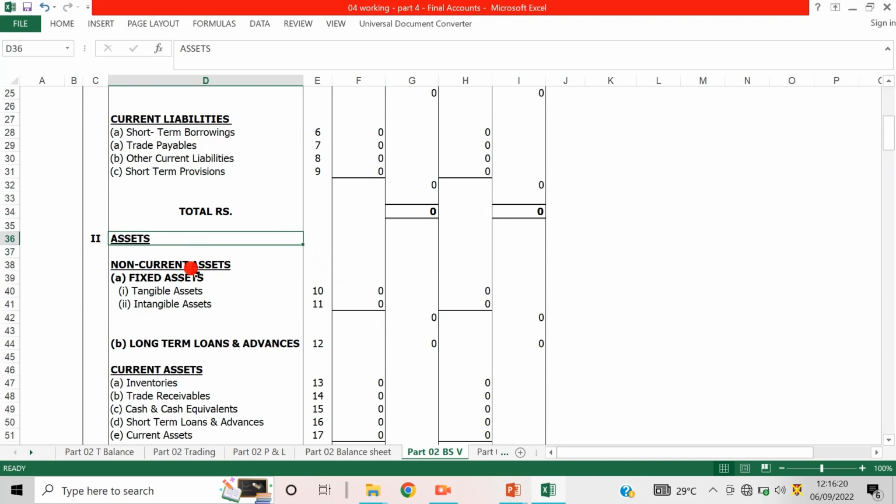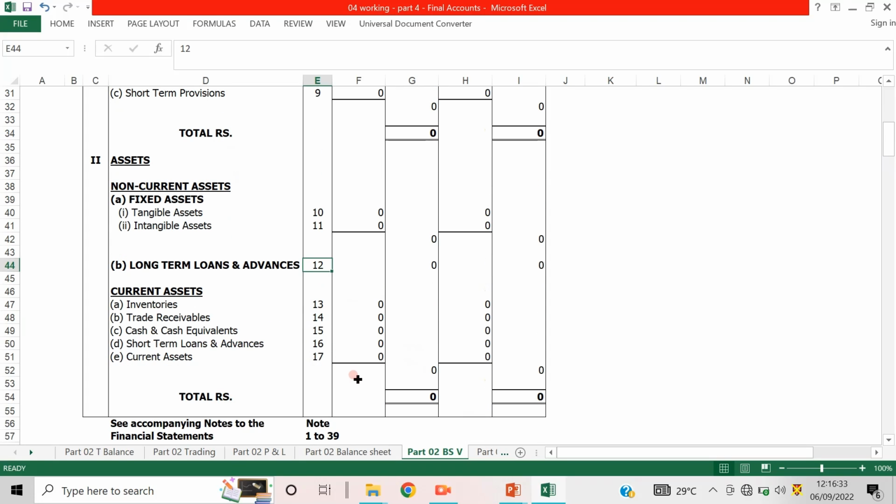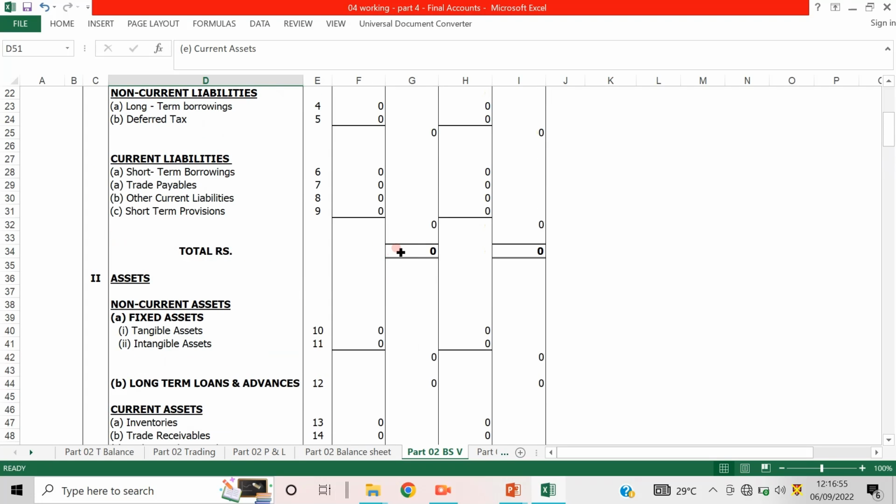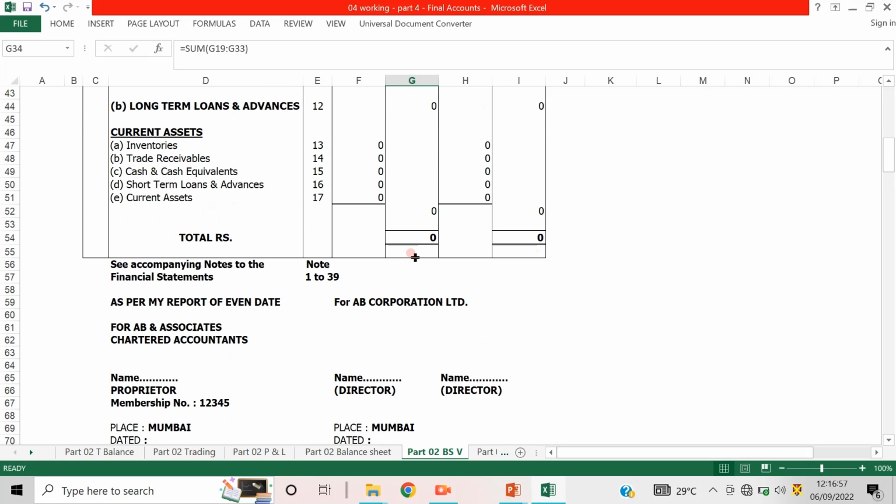नाउ दिस टोटल लायबिलिटीज़ के साथ में तो फर्स्ट पार्ट इक्विटीज़ लायबिलिटीज़ आ गया, और नेक्स्ट एसेट्स आ गया। एसेट्स में नॉन करंट एसेट्स, फिक्स्ड एसेट्स आ गया, टैंजिबल और इनटैंजिबल एसेट्स आ गया, शेड्यूल 10 में वो अलग से शीट बनाते हैं। और लॉन्ग टर्म लोन्स एंड एडवांसेस का जो भी रहेगा वो इधर ले लेते हैं। देन करंट असेट्स में इन्वेंट्रीज, ट्रेड रिसीवेबल्स मीन्स सन्ड्री डेटर्स, कैश एंड बैंक, कैश और कैश इक्विवेलेंट्स, शॉर्ट टर्म लोन्स एंड एडवांसेस, ये सब इधर लेके इसका टोटल इधर लेते हैं। सो टोटल ऑफ असेट्स इज मस्ट बी इक्वल टू टोटल ऑफ लायबिलिटीज़।